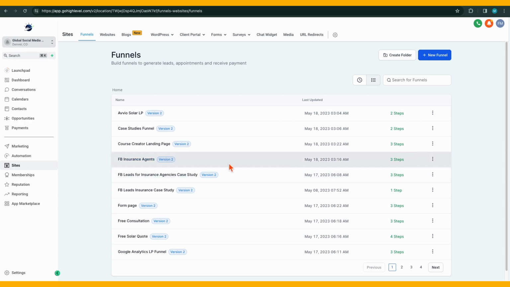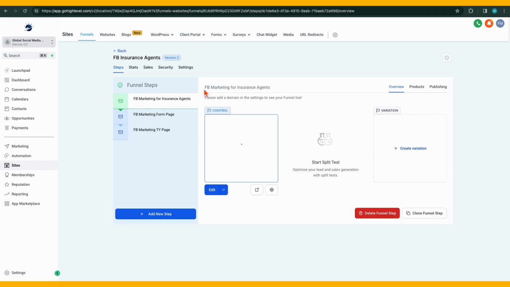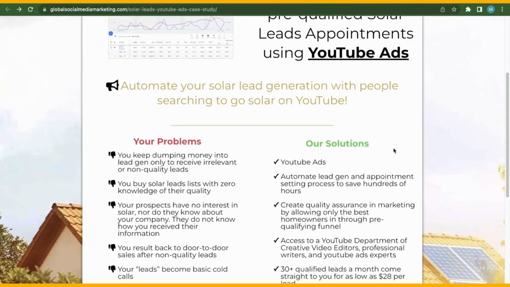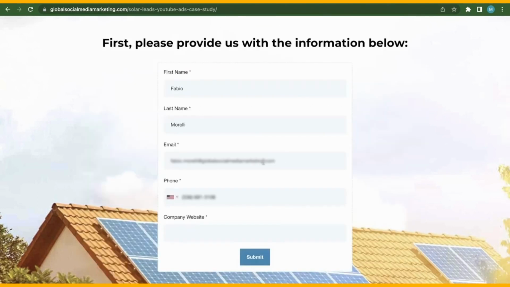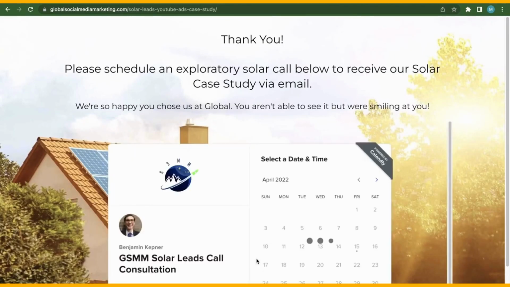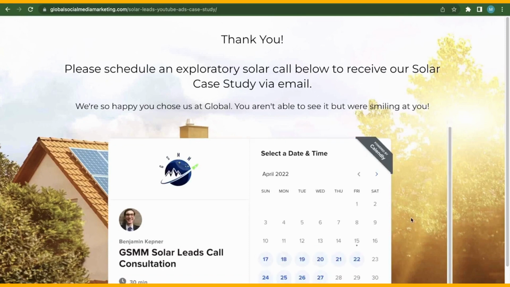A 3-step funnel follows a similar concept, with the addition of a middle page. Traffic initially lands on the landing page, where they typically encounter a call to action button directing them to an action page. This action page typically hosts a form, an order page for e-commerce, or a sign-up field for joining an email list. Upon completion of the action, users are directed to a thank you page, marking the conclusion of